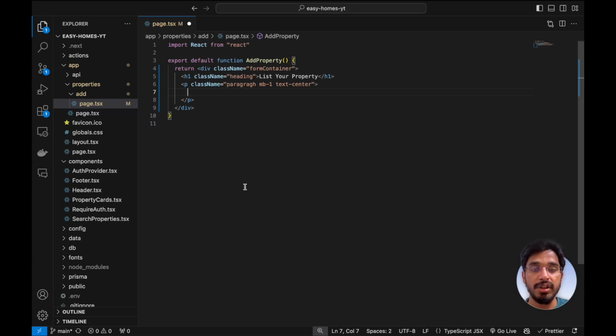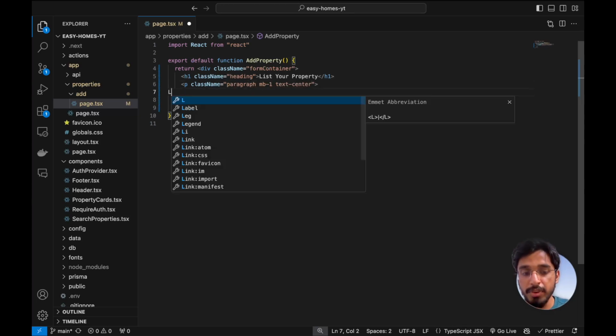If you wish, you can also copy paste this code, and then you can just directly jump into the server actions. And if you would like to continue and follow along with me, you can just go ahead. I just don't want to bore many of y'all over here. So this should be paragraph, and let's give the text of list your property